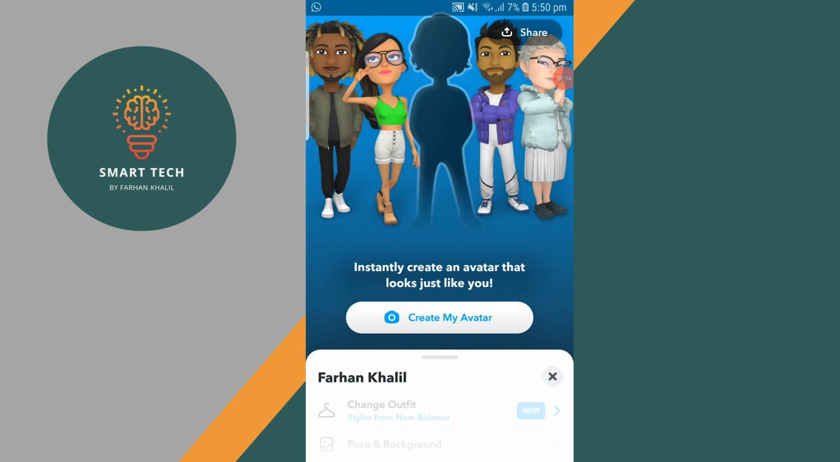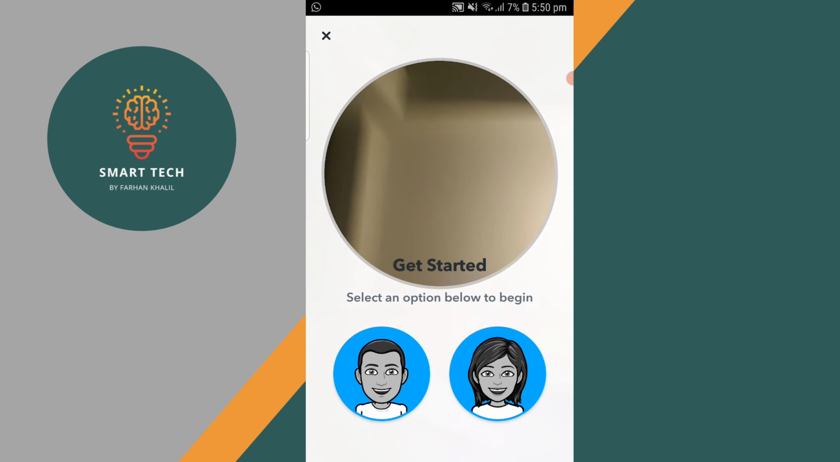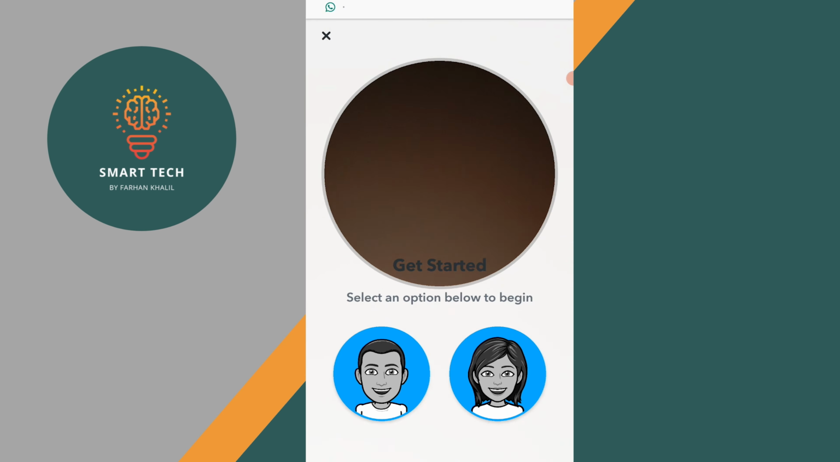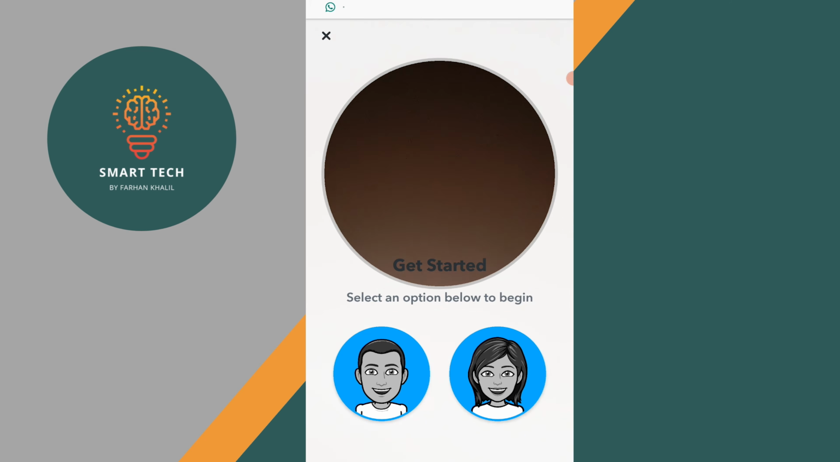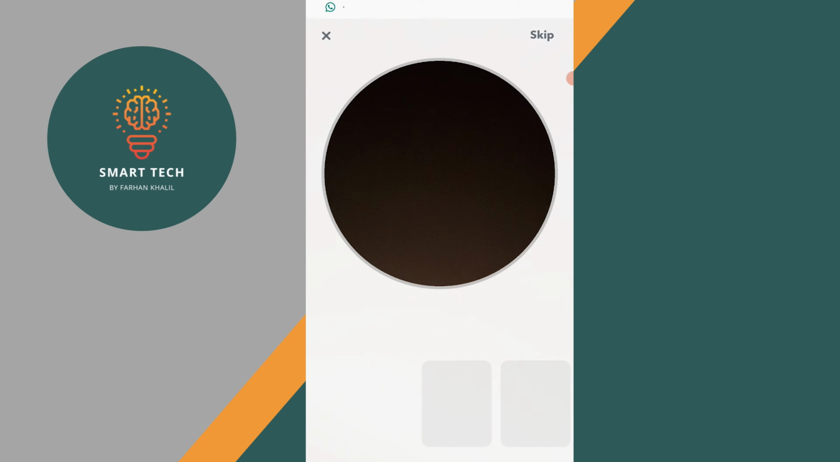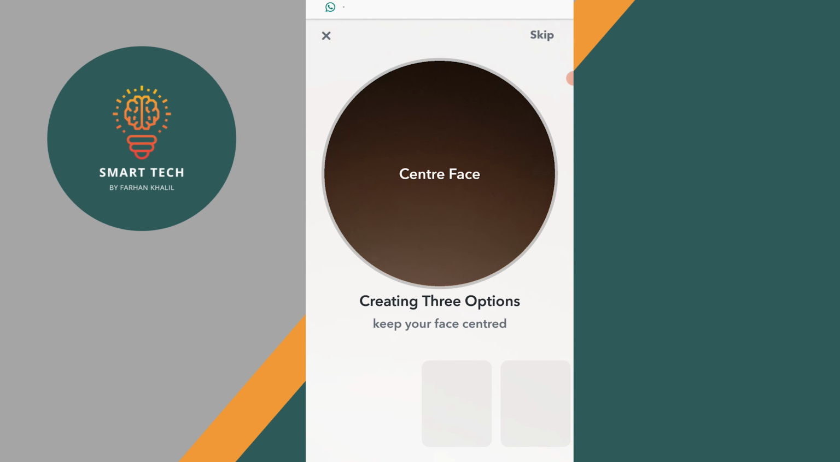Alright, so as you guys can see, my avatar is deleted. Now what I'm gonna do is I'm gonna hit and create my avatar, and from there you guys can see you have the gender option. You can select male or you can select female, but for the course of the video I'm gonna be changing my gender to female, and after that you guys can see it's gonna give you a bunch of different options like your